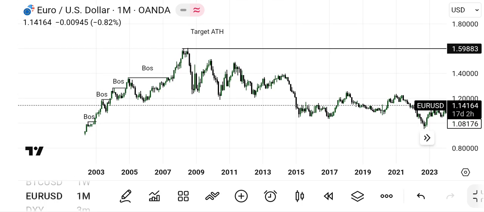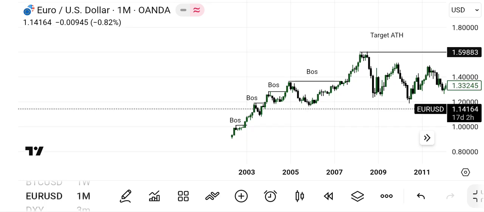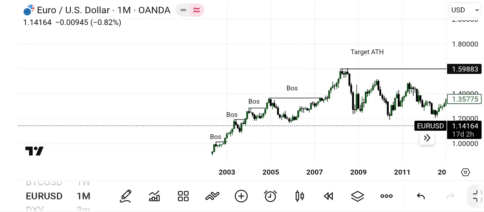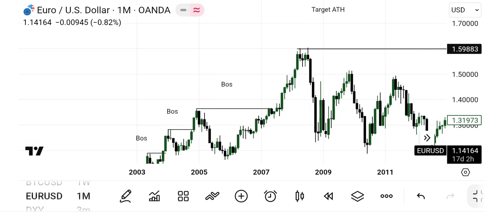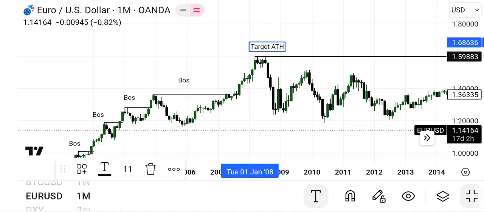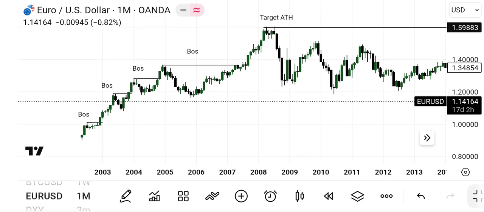On my right hand here you see a scenario whereby I have marked every break of structure pushing to the upside. Once price pushed to the upside, we see base and drop, base drop, base drop, price broke structure to the upside 1, 2, 3, 4 times. That is the last break of structure. Since then price pushed to the upside, whereby I named here the all-time high. All-time high means the highest level whereby EURUSD has ever bought,